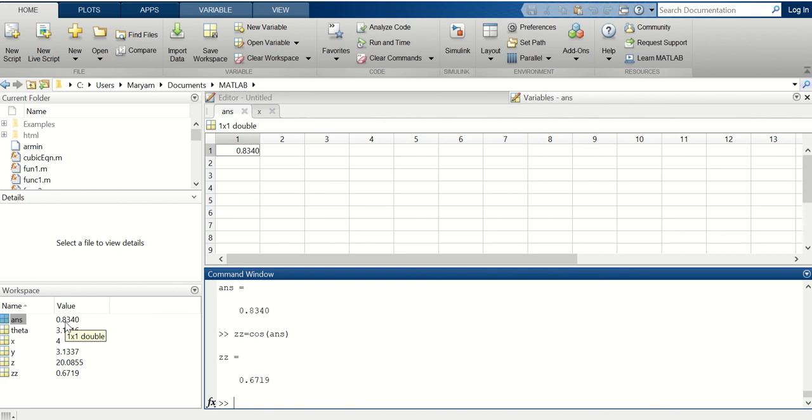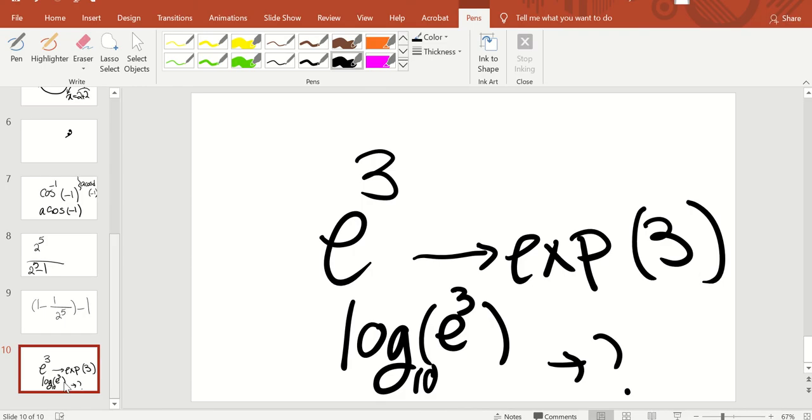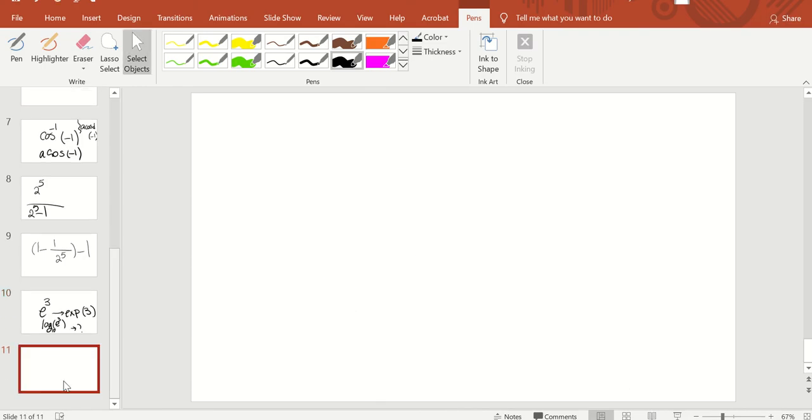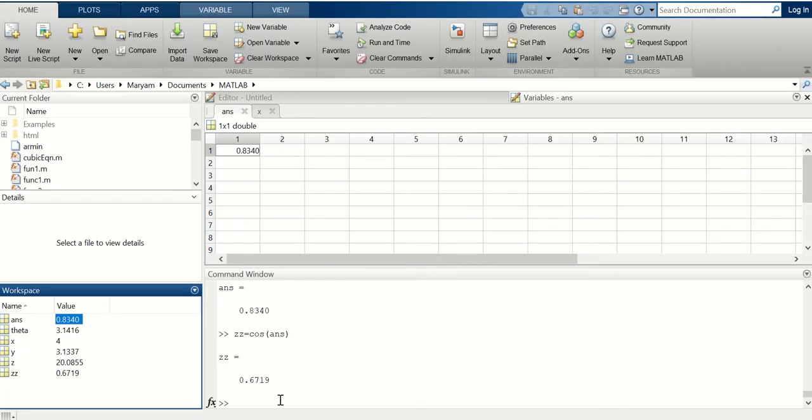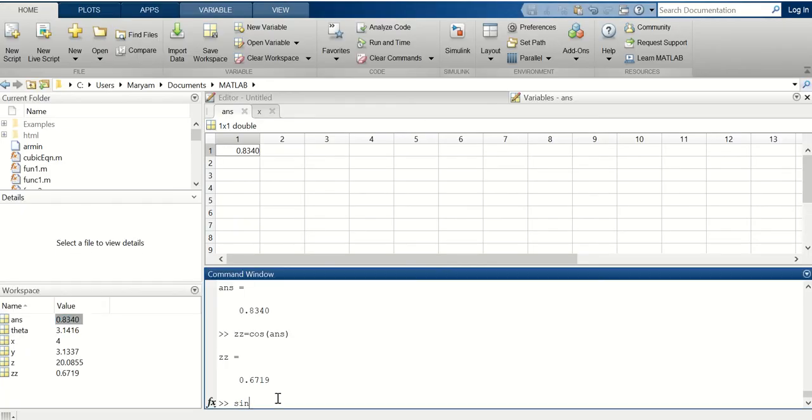Now, let's do more examples. What is, for example, sine of pi over 6? Sine of pi over 6 in MATLAB. So you just type sine of pi divided by 6 and you get the answer 0.5. That 0.5 will be saved in x. Okay, so with all these